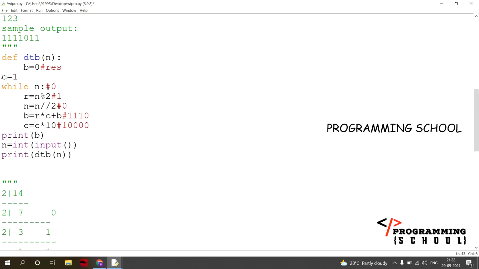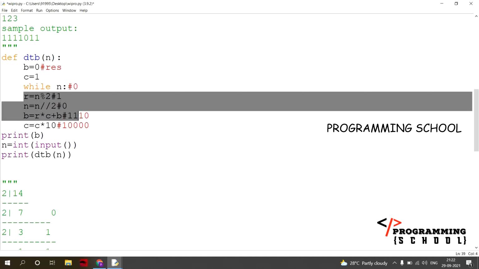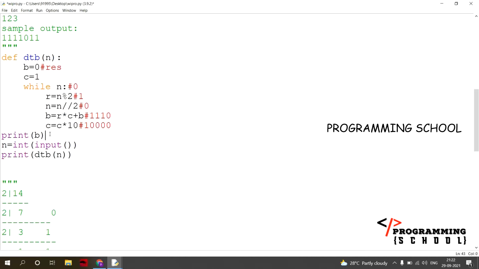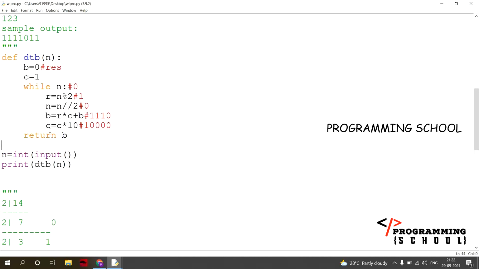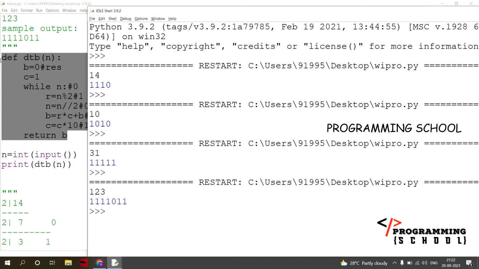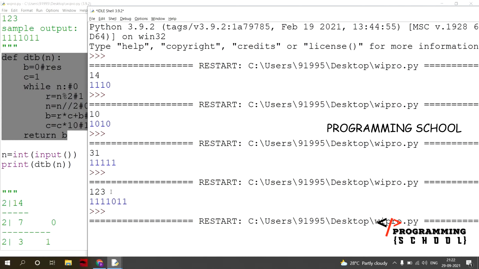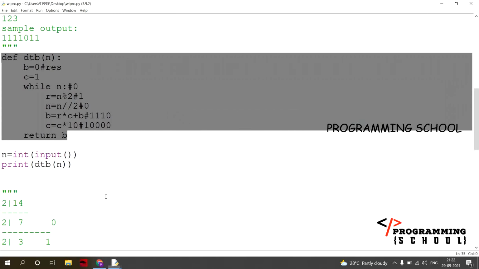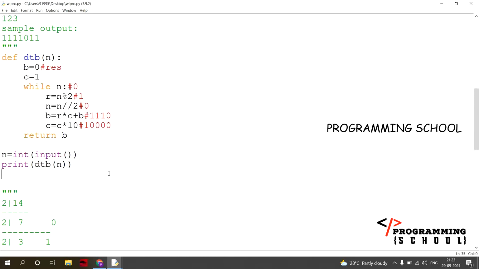Now I am going to write the same logic inside the loop. Instead of printing B, I am going to return the value here, return B. That's it. Same logic. This is the main function, and I am going to write this program in functions. If I execute it, the same output is going to be represented using the functions.